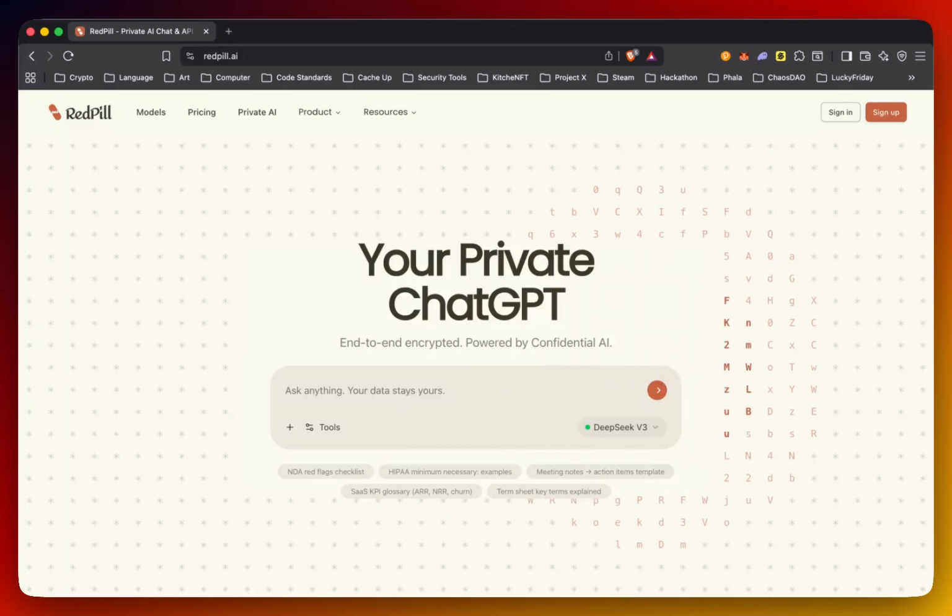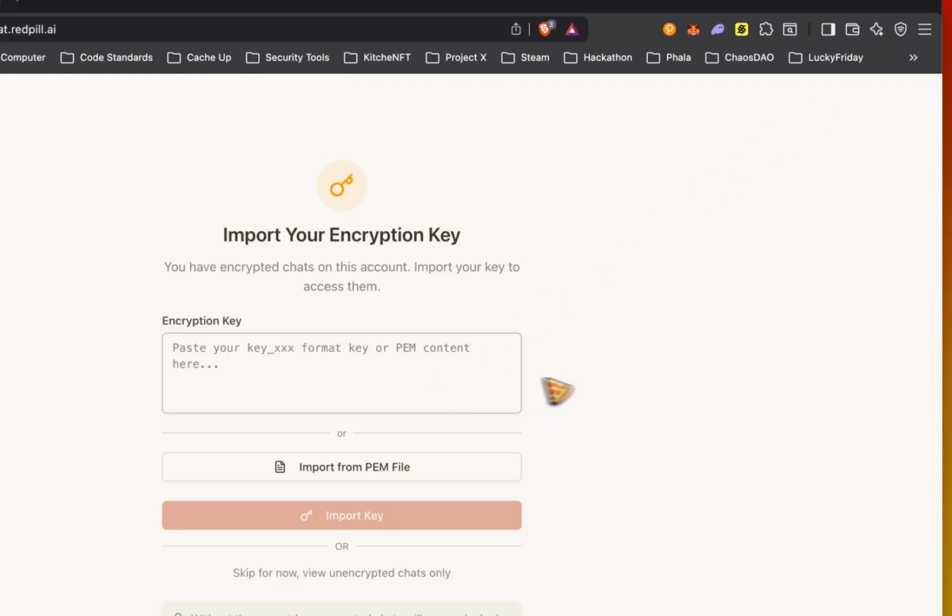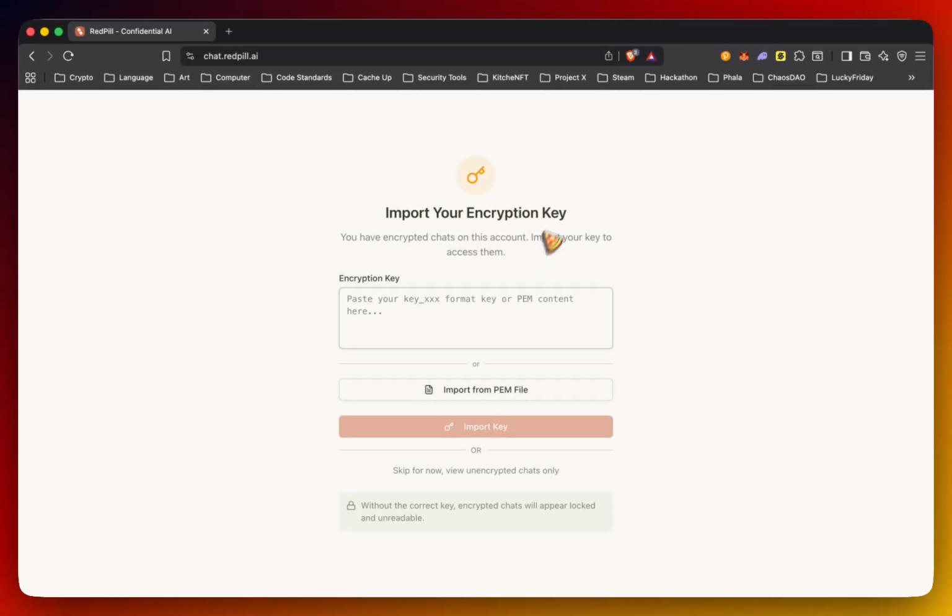So here is Redpill.ai. As you can see, this is a private ChatGPT style for having private models be able to process your data in a trusted execution environment, which means you have a private black box for you to utilize these private models. Now, if you click sign in, you can see here that you need to import your